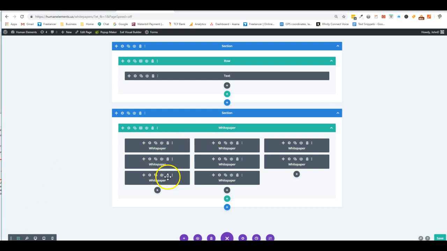Alright, so now we see where our white papers are, and what we want to do is add a new white paper. So you click the little plus sign to add it into this column. If this column was full, we would go to the beginning of the next column and keep on adding them in succession. So I'm going to click the plus sign,